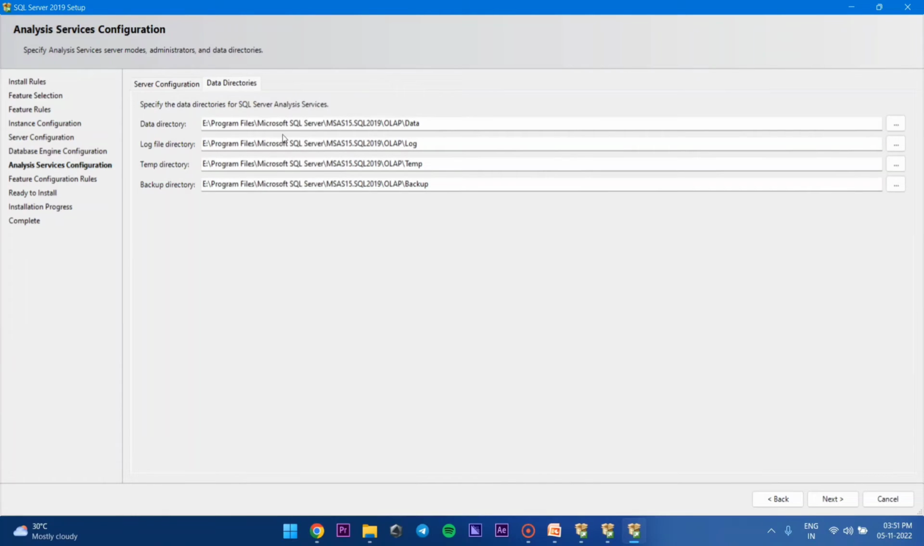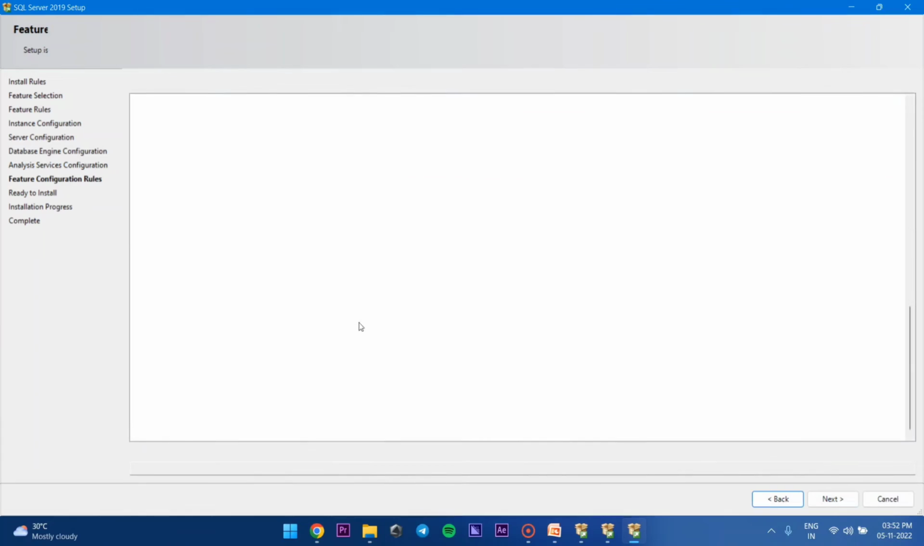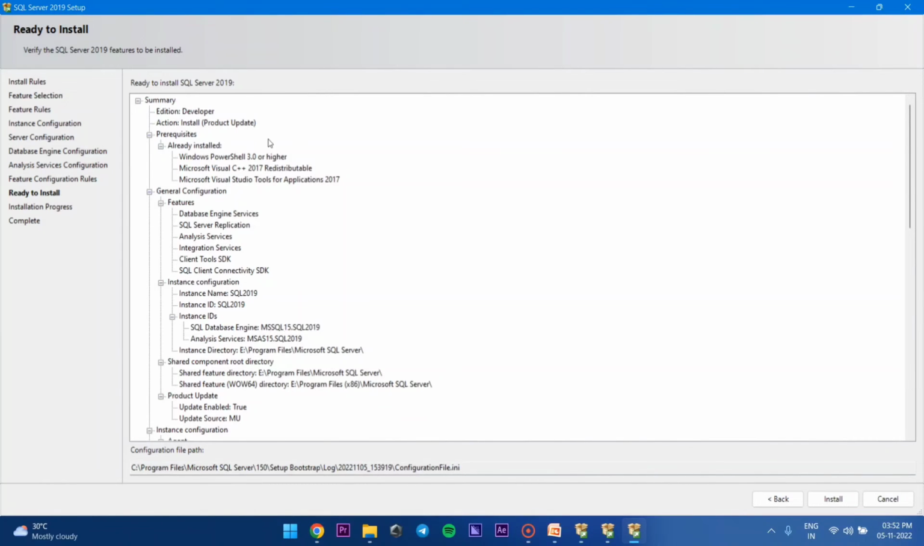Okay, better let it be for now. Okay, this is very important. Now you can see this summary, which shows what features we are going to install and what file locations we have selected. So here you can see that